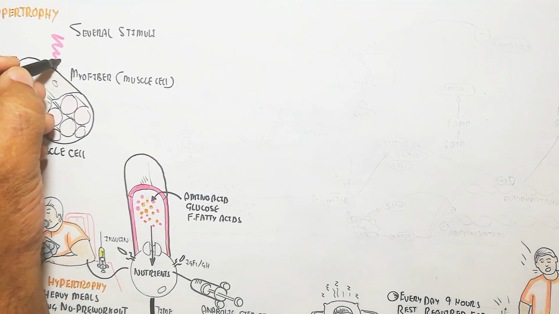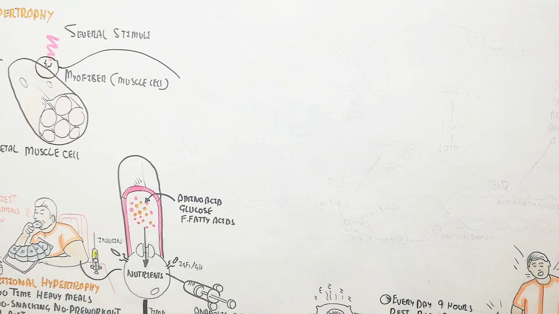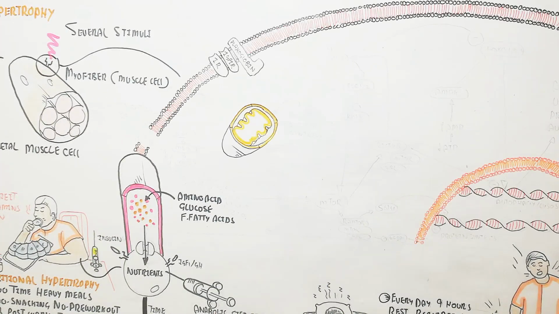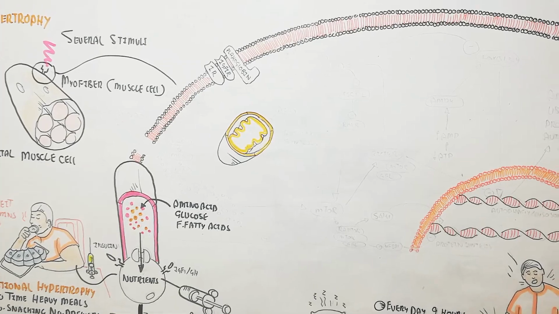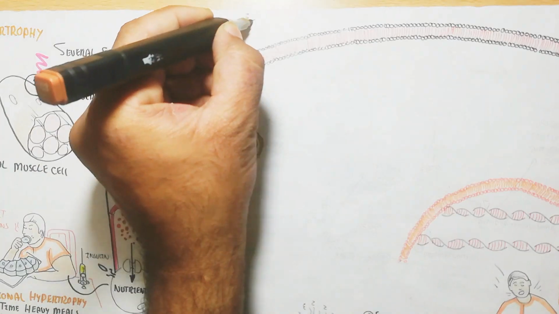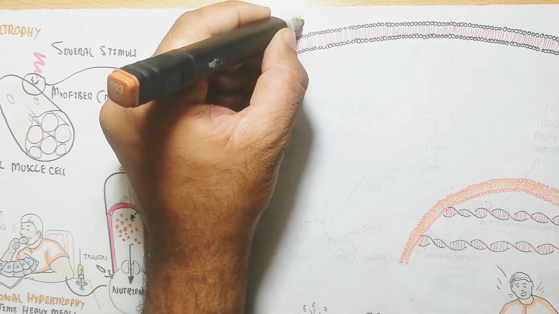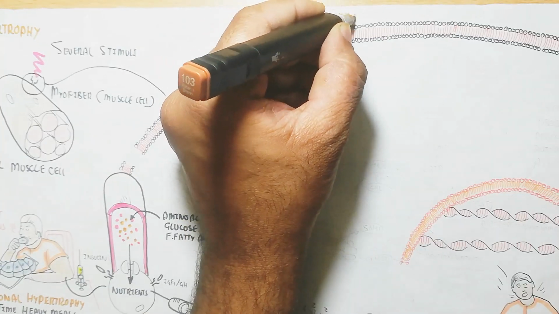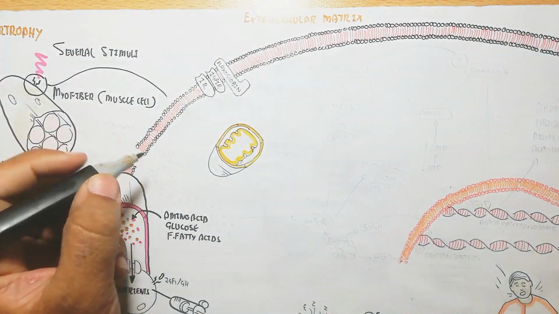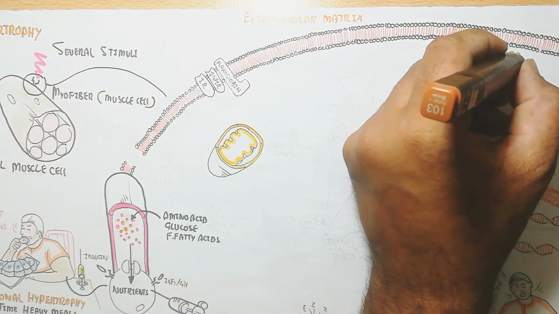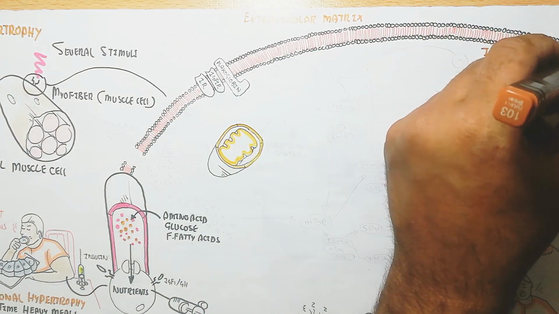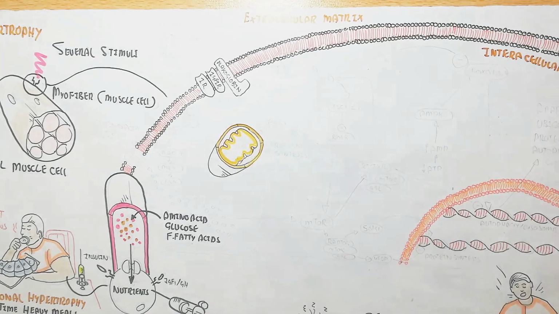Okay, let's understand the signaling pathway. So, how will the cell, the myocyte, be changed? This is the receptor, the insulin-like growth factor receptor, and the plakoglobin. This plakoglobin is important for hypertrophy. So let's understand all of these things. Here inside is the mitochondria. So remember, this is the extracellular matrix outside, while this is the intracellular matrix.